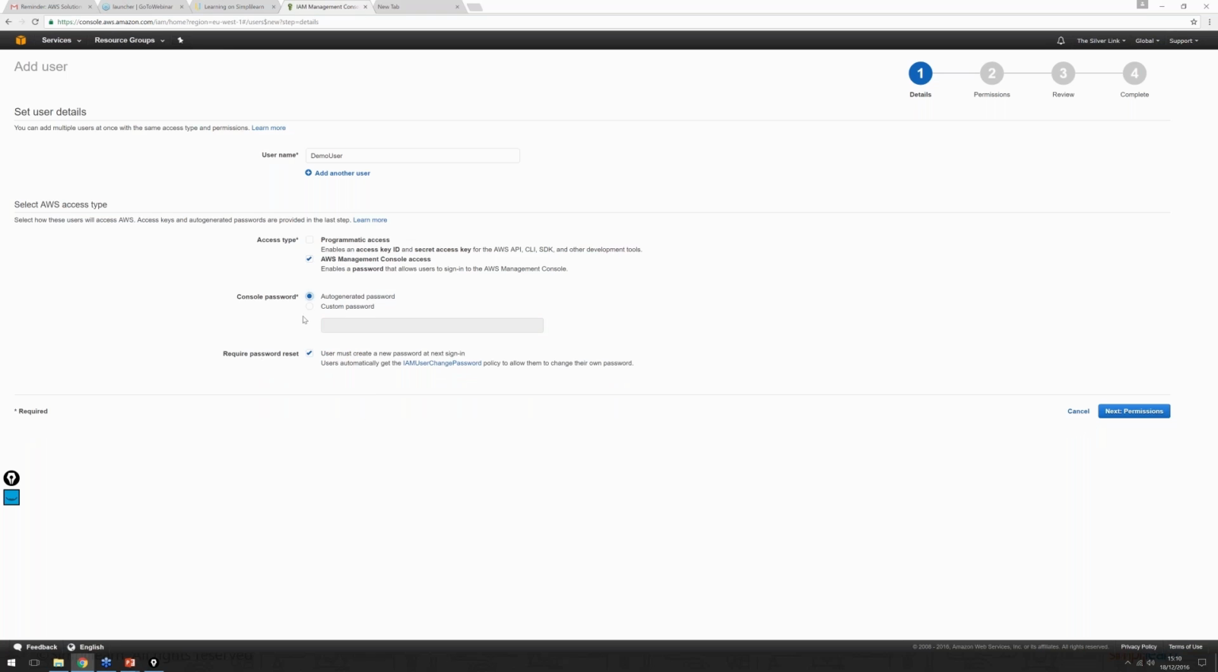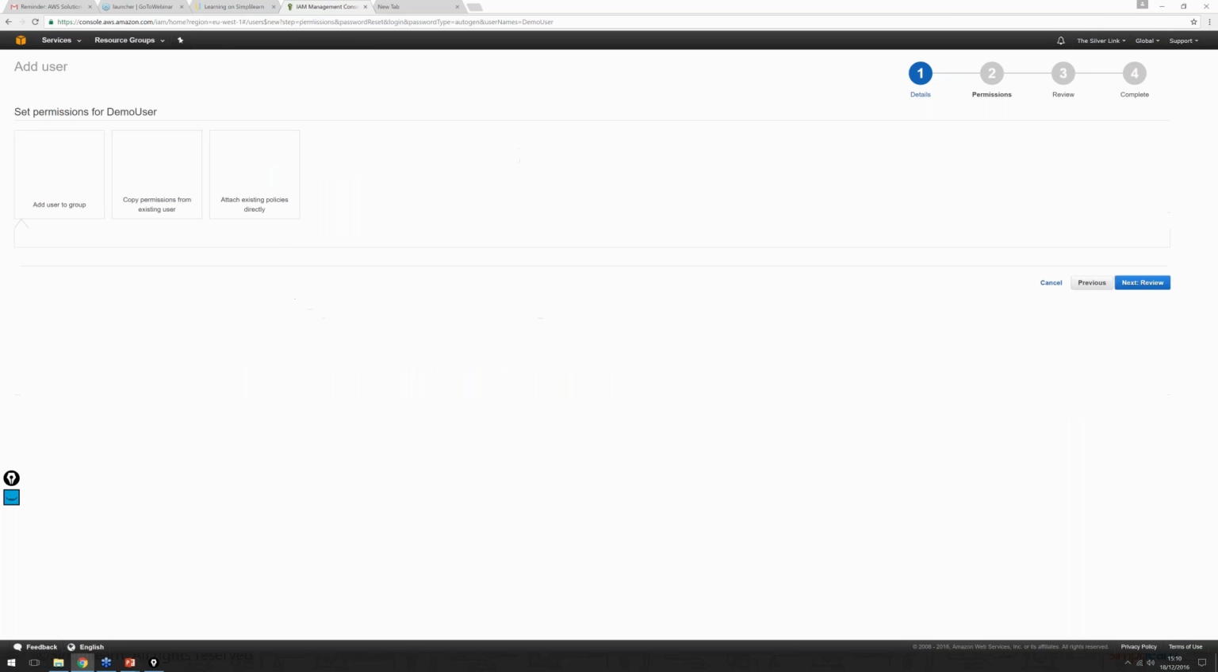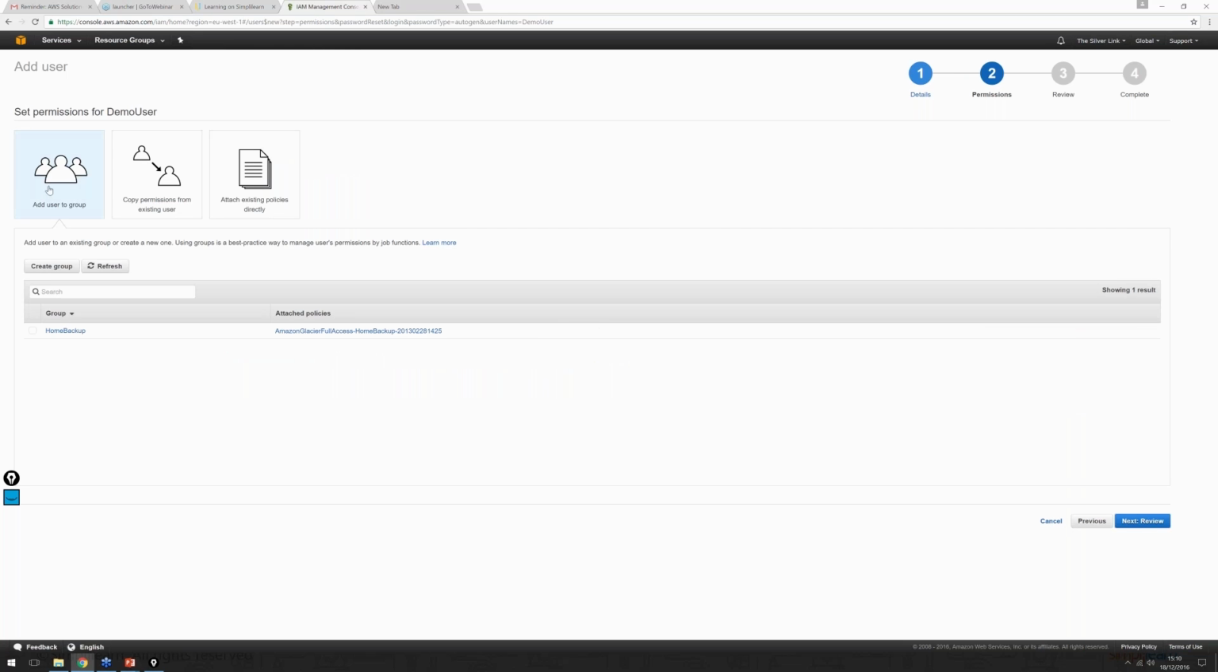You can also see that once you auto-generate the password here, you have an option, require password reset. It's ticked by default, which means that the user, once logged in using this auto-generated password, will need to change the password itself. So what I will do is basically create it. You can see that now the second tab is set permissions for the demo user that we're just trying to create. Well, guess what? In this case, what we can do is